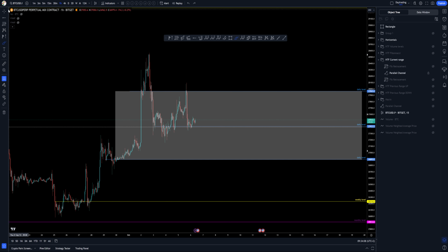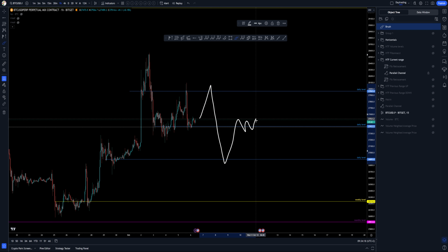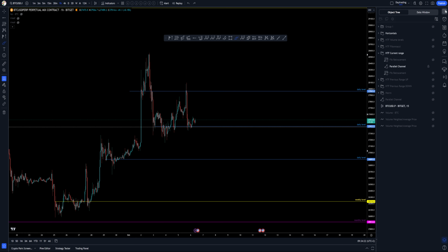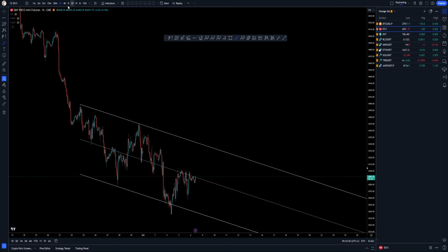However, I wouldn't be surprised if for Bitcoin this is going to be a non-event, where we might just have our volatility spike to the upside, then have a volatility spike to the downside, and then continue on ranging on the weekend, as Bitcoin has liked to do lately, when the ES and the dollar are extremely volatile, where Bitcoin is just pretty much doing nothing. Having that said,